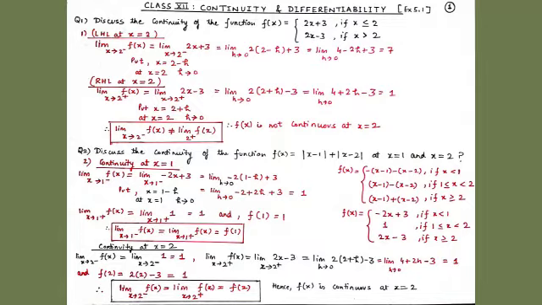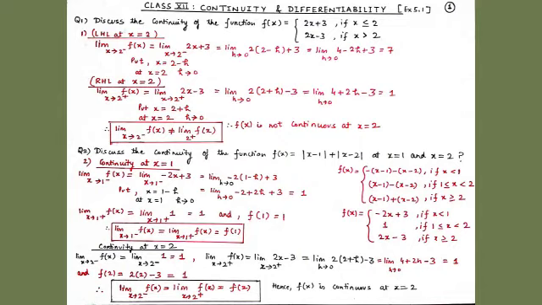And now we will check the right hand limit at x equal to 2. So from here we get limit x tends to 2 plus f(x), which is equal to limit x tends to 2 plus. So when x is greater than or equal to 2, our function f(x) is always equal to 2x minus 3. And now here we will put x equal to 2 plus h. So here also at x equal to 2, h approaches 0. Therefore, student, we can write it as limit h tends to 0 of 2 into (2 plus h) and then minus 3. And this is equal to limit h tends to 0 of 2 into 2 is 4, and then 2 into h is 2h, and minus 3. So when we put limit h tends to 0, we get 4 minus 3, which is equal to 1.